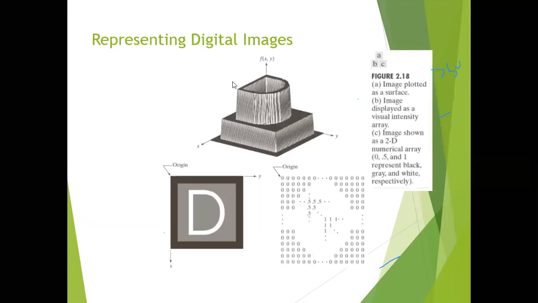You can understand the image as like this. For example, if I have an image of D here, then this D will be converted into actually zeros and ones. The right side of the image represents the zeros and ones that the computer can understand. But if we draw each intensity value separately on the x and y axis, it can represent like this.